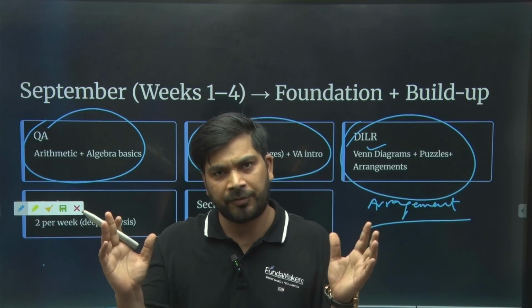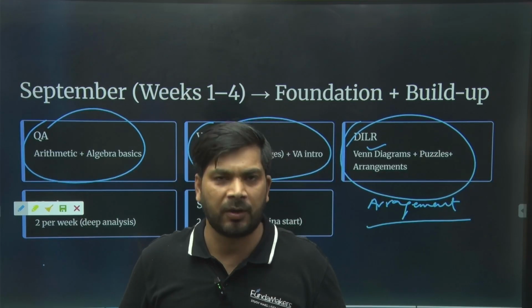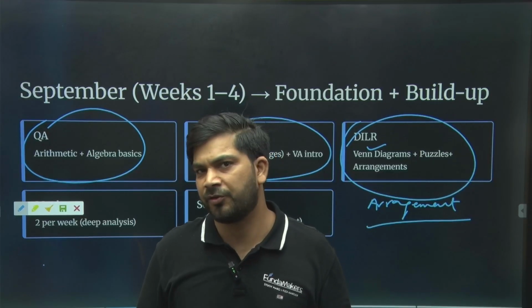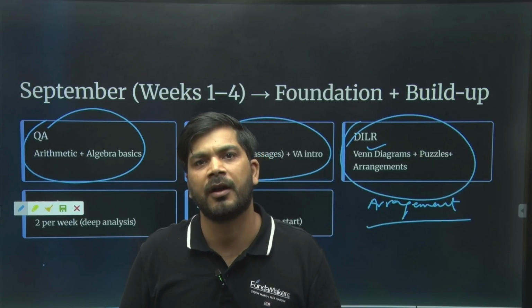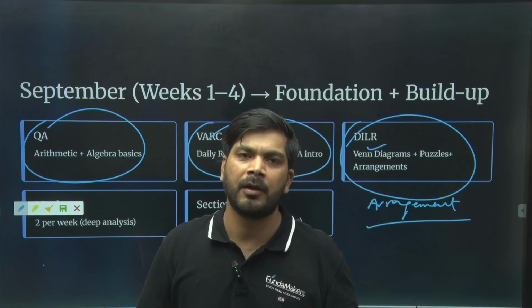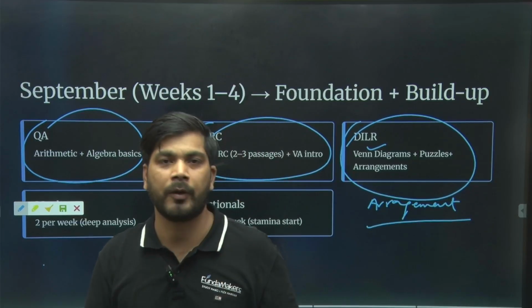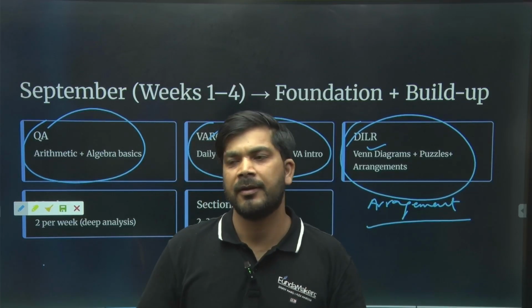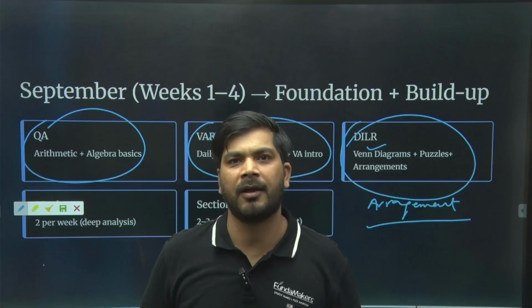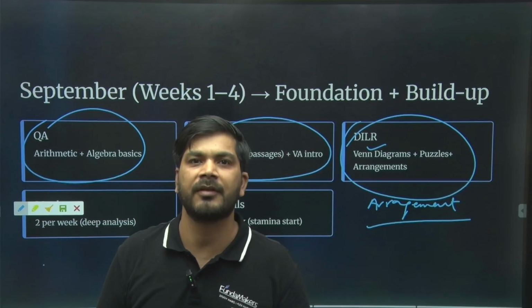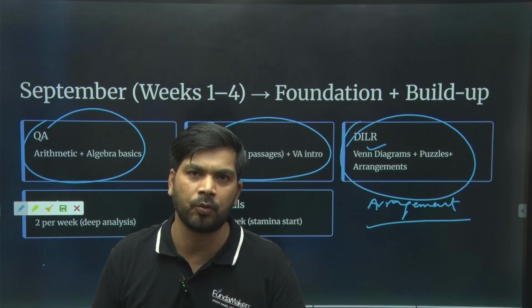So let me summarize this. 1, start with arithmetic and then algebra, 50 questions per day, basic, and then 50 advanced questions, just to top them. Advanced, when I say, I'm talking about CAT past year questions. I'm not talking about any book which has given any question a level 3, right? That's bad reasoning, and that's a bad way to go about it.